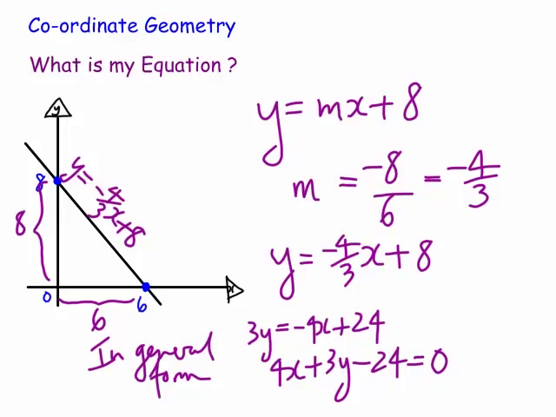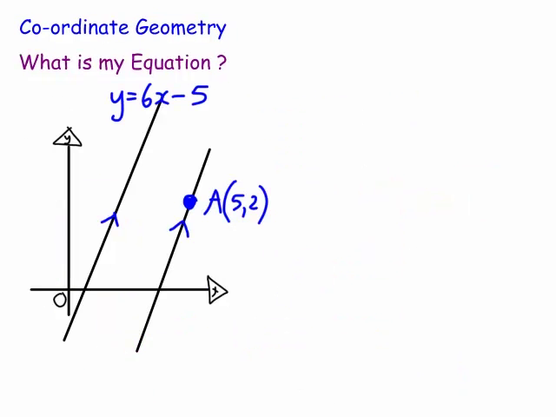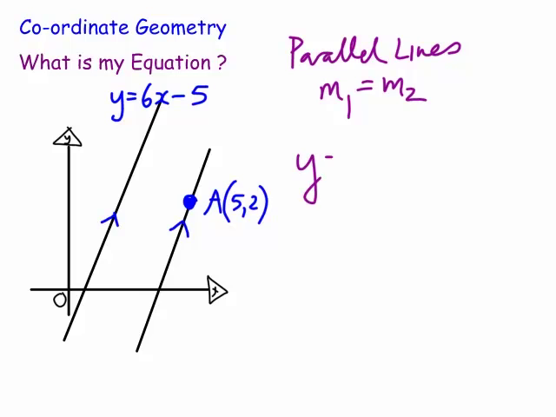Okay, let's look at the next situation. We actually have a line already, y equals 6x minus 5. We're told to find the equation of the line through A, which is at (5, 2), and it has to be parallel. So the first thing we need to know is about parallel lines. Obviously the slope must be the same if it's parallel. So straight away we know the equation must be y equals 6x, same slope,